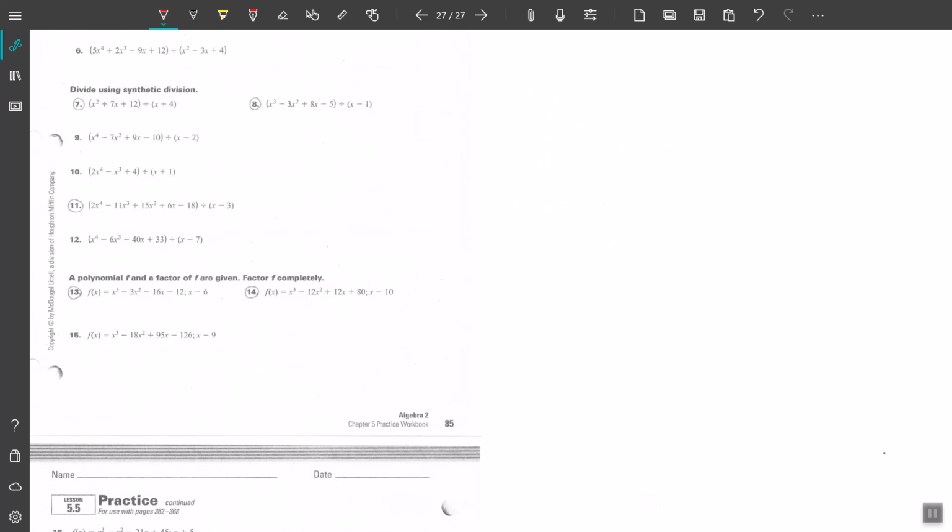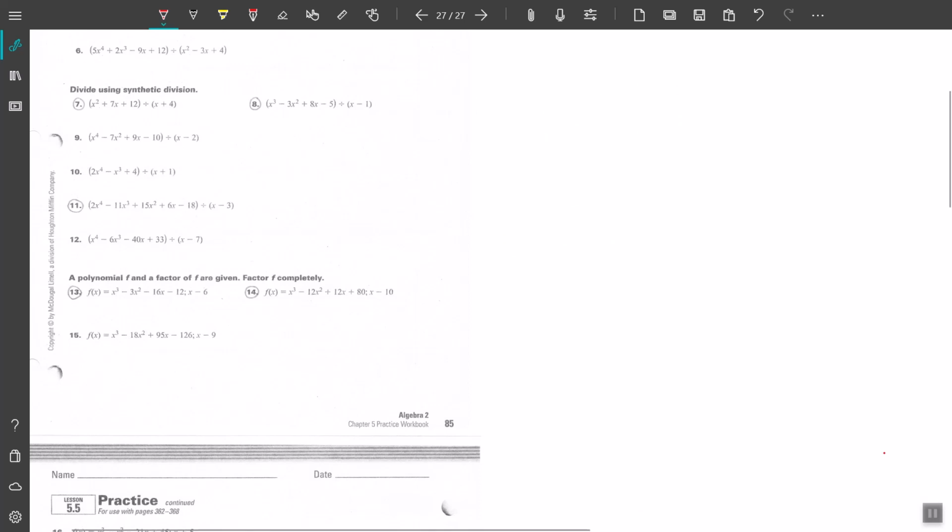They're telling you that you have this polynomial, x cubed minus 3x squared minus 16x minus 12, and that one of the factors is x minus 6. So that's going back to why I was saying keep in mind what we're doing here, which is really factoring these polynomials into their binomials that you can multiply together, okay, to get them. All right, so keeping that in mind,